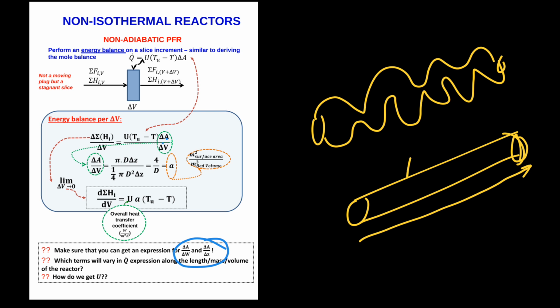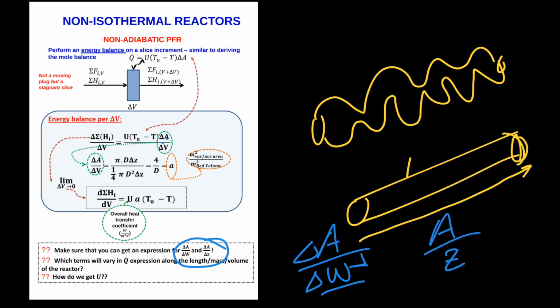The only important thing to consider is how do I change that if I want what is the heat transfer area available per catalyst mass, if I want to change my independent variable to mass, or if I want to change my independent variable to length. And that is for the class discussion, but please see if you can make the units work in order to figure out what is